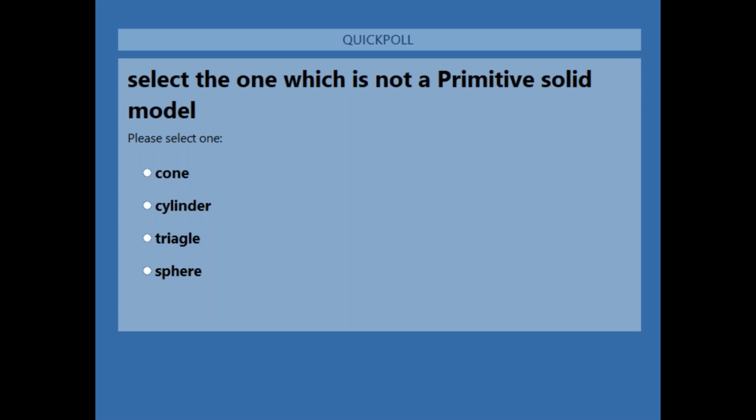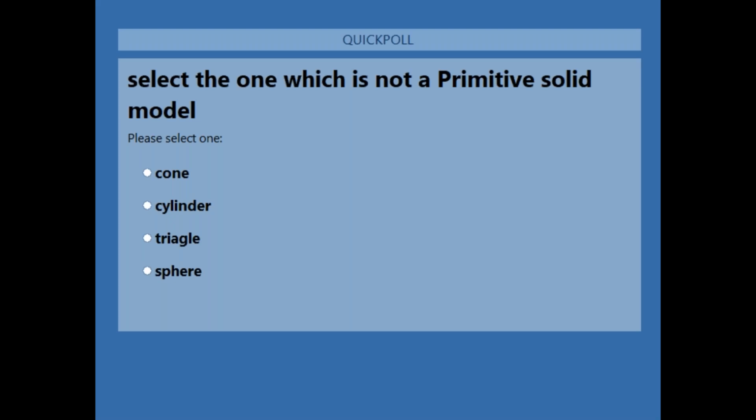Okay. So you need to select which is not a primitive feature, meaning a standard shape is not there. I'm sure most of you have not used CAD packages or CAD software, but generally these are very standard things. So which of these is not a primitive feature? Whether it is a cone, a cylinder, a triangle, or a sphere.